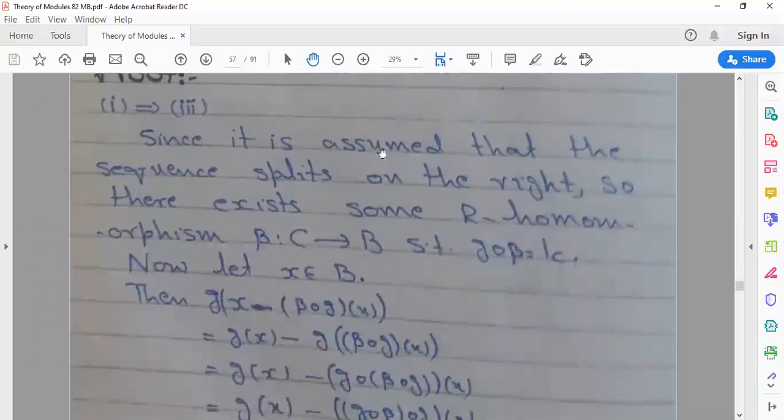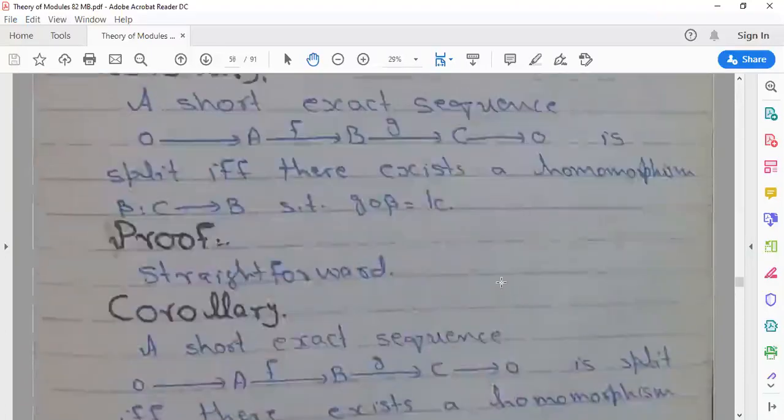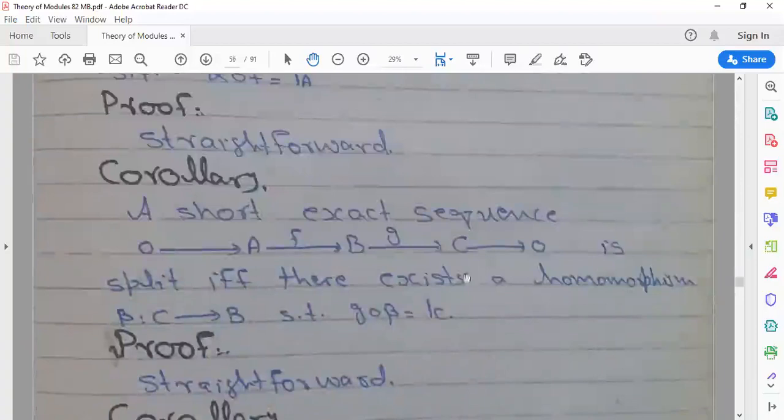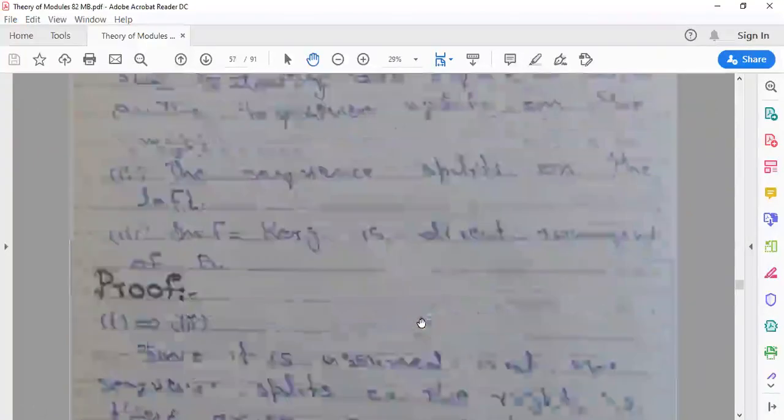Since it is assumed that the sequence splits on the right, there exists a homomorphism beta from C to B such that G composition beta is equal to identity. This is basically where we have used a corollary. Which one? Let's see. Basically this. We have used this corollary: beta from C to B, G composition beta is equal to identity. So by using this corollary,